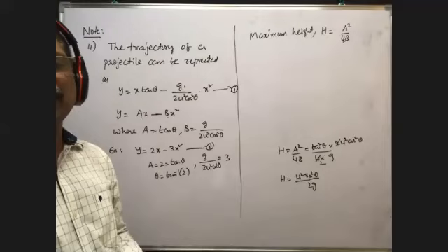At that time, the direction of motion of the oblique projectile makes an angle alpha with the horizontal. When the oblique projectile travels along the parabolic path, at every point the path is a curve, no? That's why that curve has a radius of curvature. So at this point P, whenever its direction of motion makes an angle alpha with the horizontal, what is the radius of curvature? Because every curve has a radius of curvature. So what is the radius of curvature? That is the question.